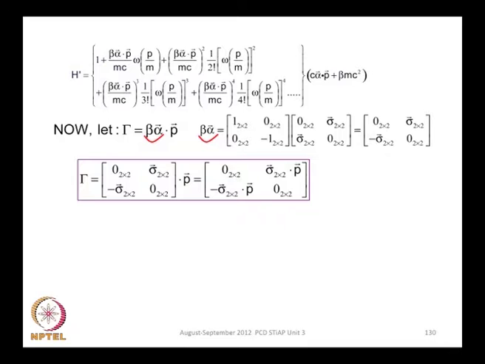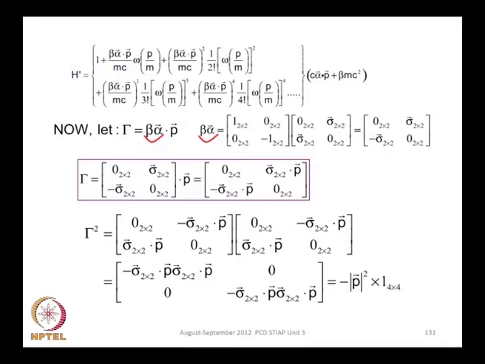and gamma is beta alpha dot p. So, this is beta alpha, and you should take the scalar product with this p. For some reason this dot appears nicely as a dot and not as a box as it did earlier. So, it has decided to be kind to us now, and you have the sigma dot p and minus sigma dot p in these two locations, 0 in the diagonal locations,